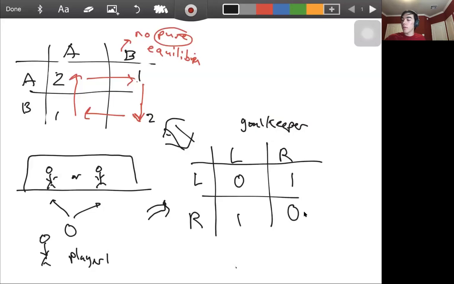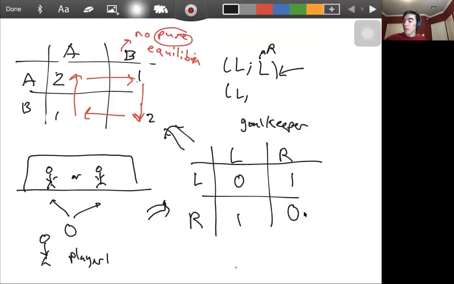So this is a situation that I was talking about earlier, where the flowchart is a cycle. There's actually no pure strategy equilibria, because the flowchart looks something like this. None of the arrows point towards one spot. So we don't actually have any equilibria. And that makes sense, right? If both of them are choosing left, then the goalkeeper wants to choose right. So he's not satisfied with this strategy. And if you have left, right, then the shooter wants to